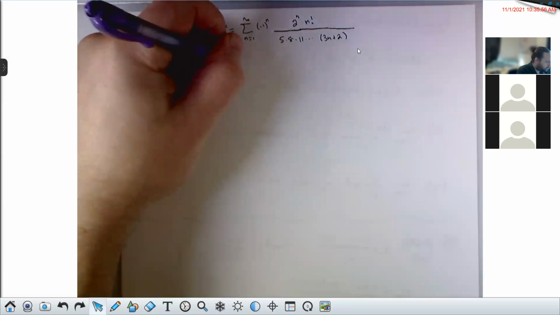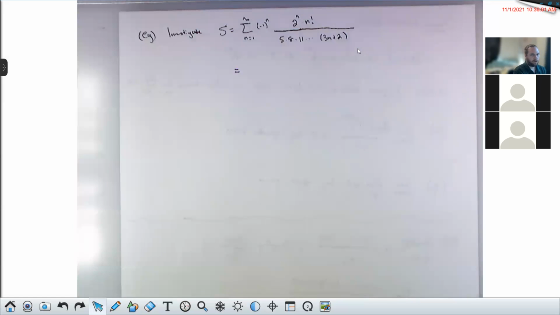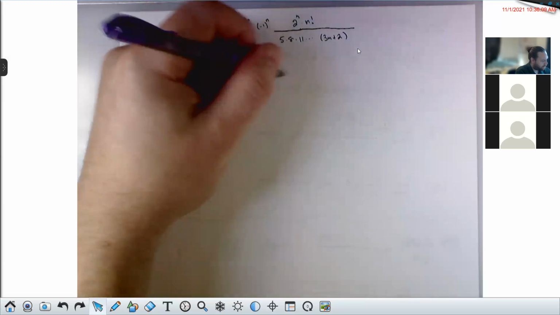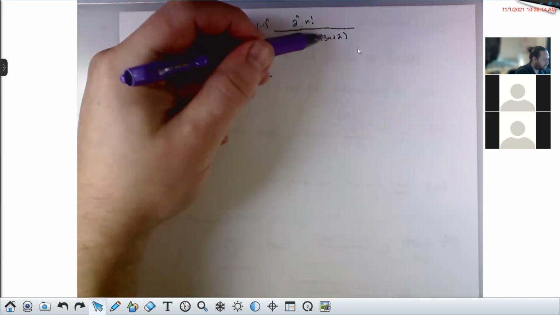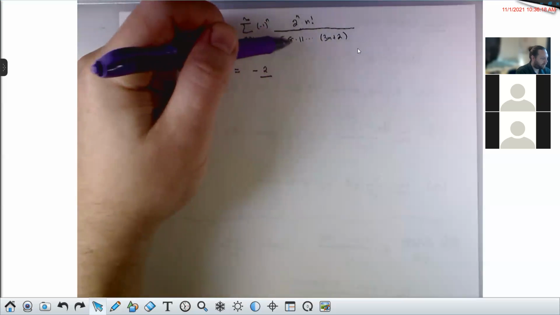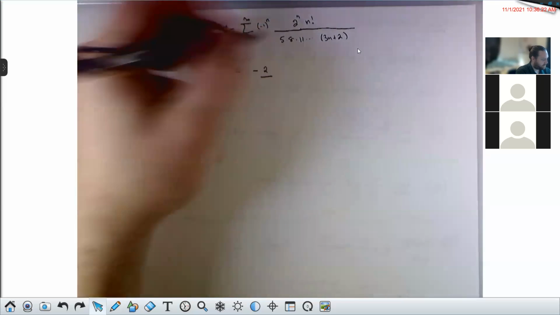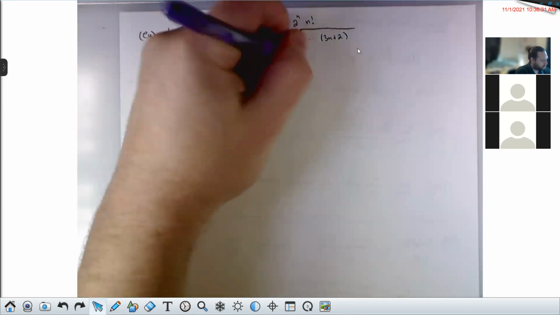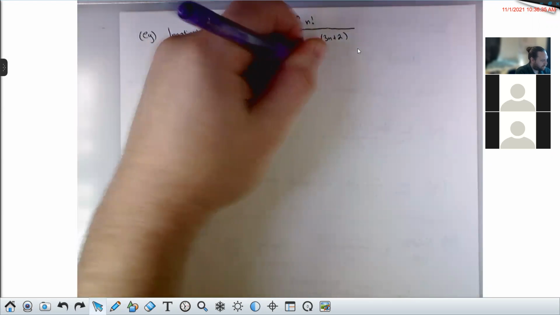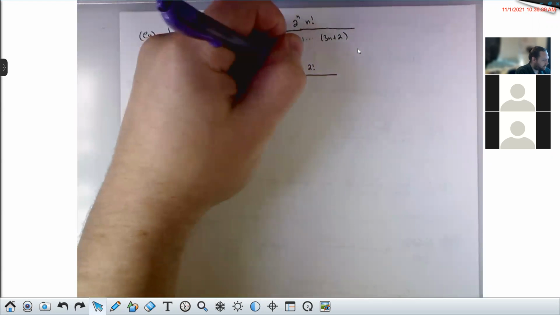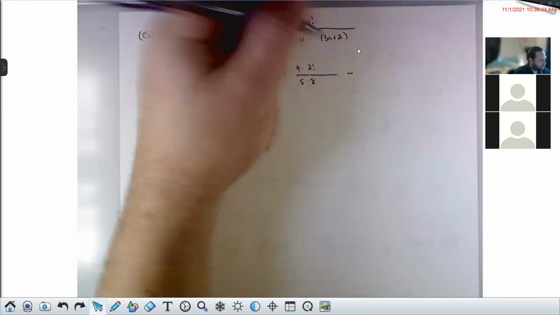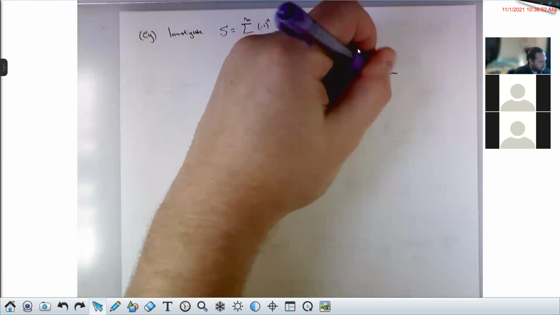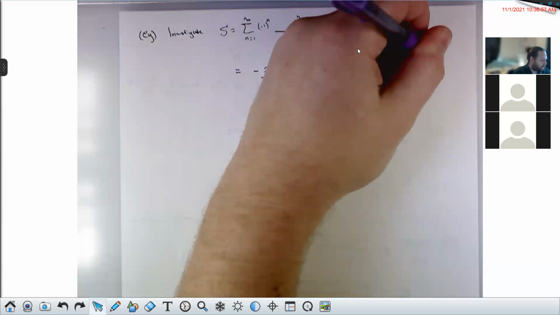So to get started, I'm going to write out the first few terms of the series. When n is 1, this is (-1)^1, 2^1, 1 factorial. So this is -2 divided by this product when n is equal to 1. If you plug 1 in here, 3 times 1 plus 2 is 5. So this is supposed to be 5 times 8 times 11 all the way up to 5, which means it's just 5. The next term would be (-1)^2, which is positive, times 2^2, which is 4, times 2 factorial, divided by 5 times 8. The next term would be minus 2^3, which is 8, times 3 factorial, divided by 5 times 8 times 11. The next term would be 2^4, which is 16, times 4 factorial,